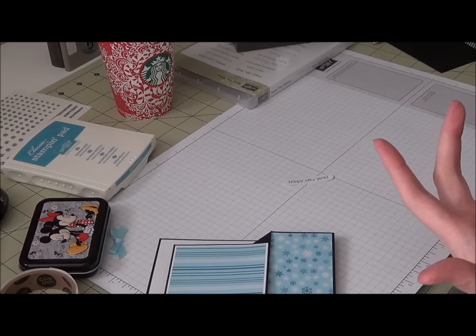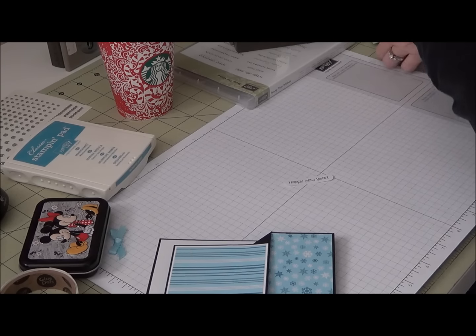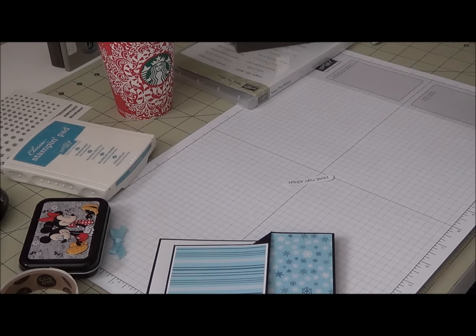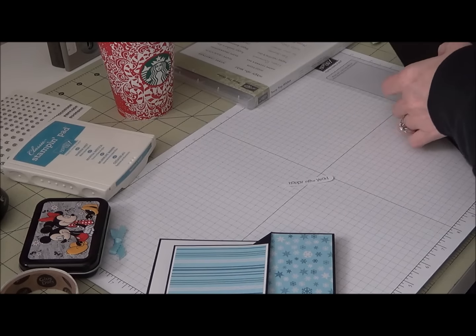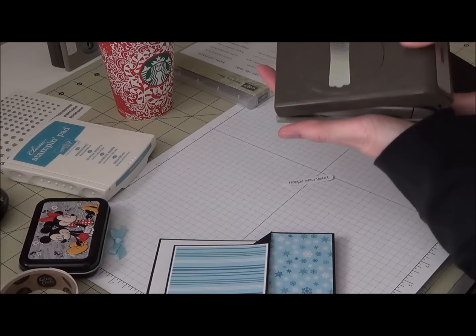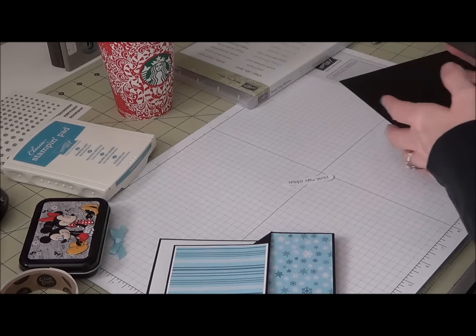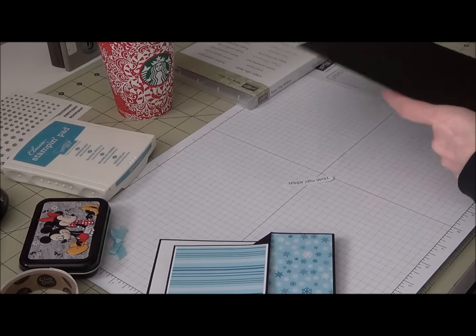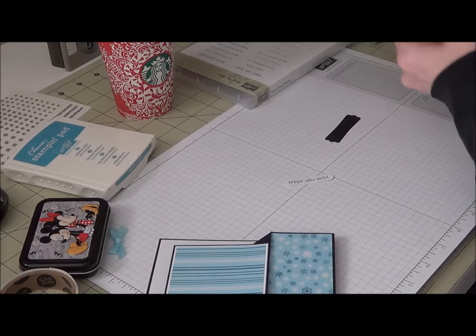the more current punches and stuff. So, you know, there's always like Facebook sale groups and stuff like that too, that you can always check. So I'm also going to use the Modern Label Punch, which is another retired one, unfortunately. But they work so well together, and I'm just going to punch out just the black,